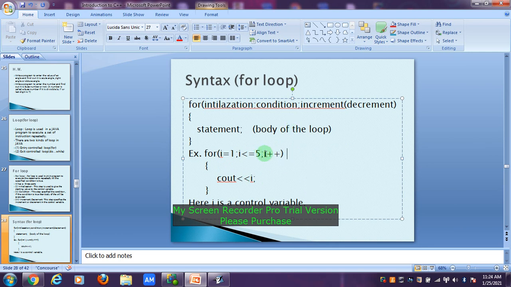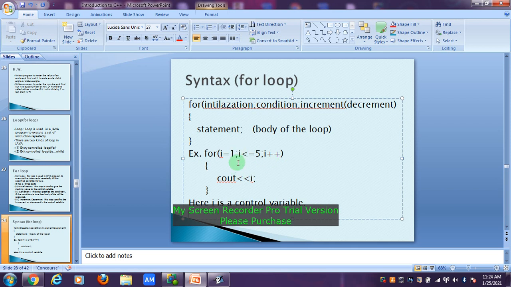Then again we will increment the value of I, that is 4, then check the condition: 4 is less than or equals to 5, so cout I, that is 4, is going to be printed. After that, I plus plus, so the value of I becomes 5. Now we check the condition, I is less than or equals to 5. Again the condition is true because I is equals to 5, so we print cout I, so 5 is printed. After this we again do the increment I plus plus, so the value of I becomes 6.